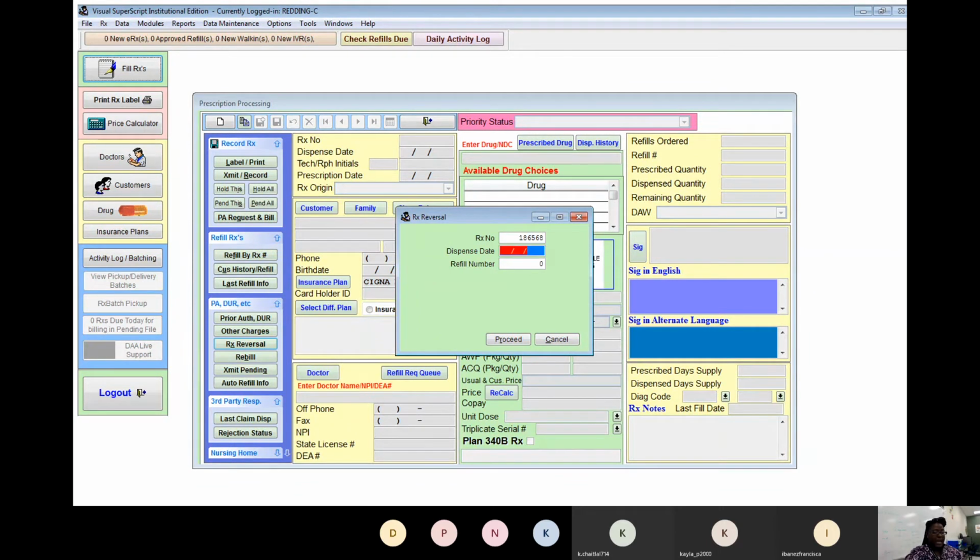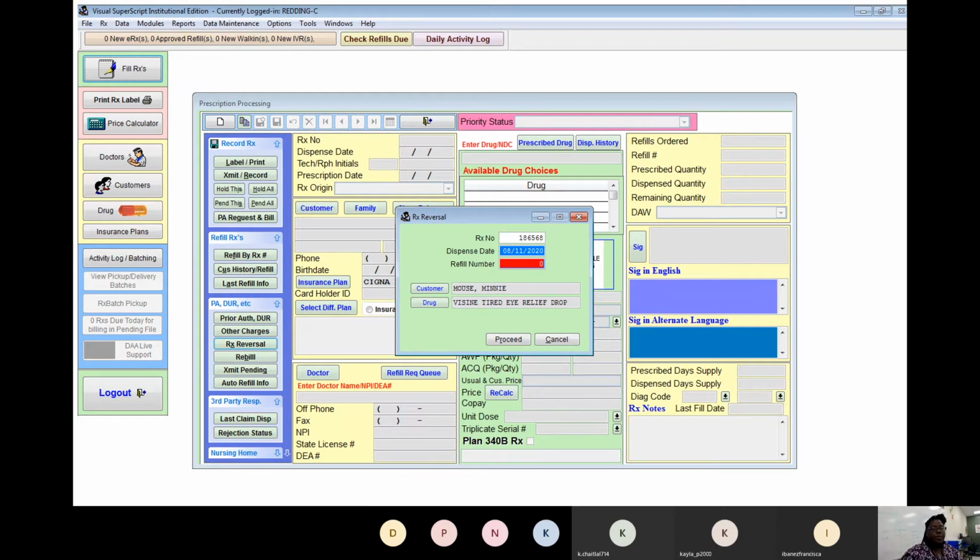1865568. Press tab, and then it's going to ask you what date was the drug dispensed. I want to say it was yesterday's date. I think it was the 11th. It was the 11th. Okay. So you have to have the dispense date, and you can get all of that information from the customer history screen, just like I did when I originally looked up the prescription number. So you definitely want to have the prescription number and the dispense date. The dispense date is the date it was dispensed, also known as the date it was